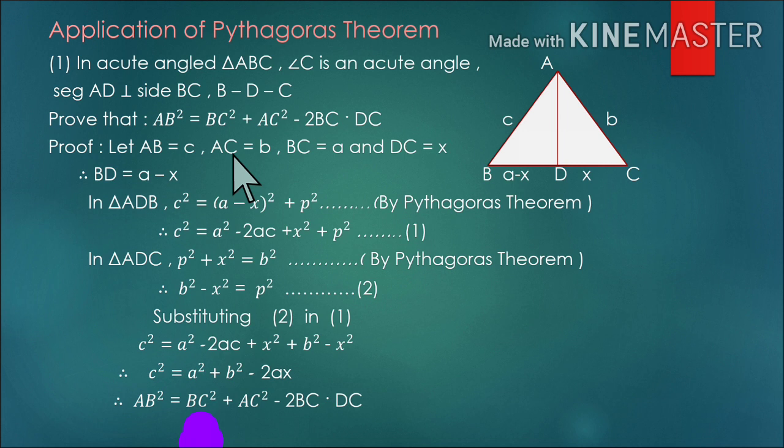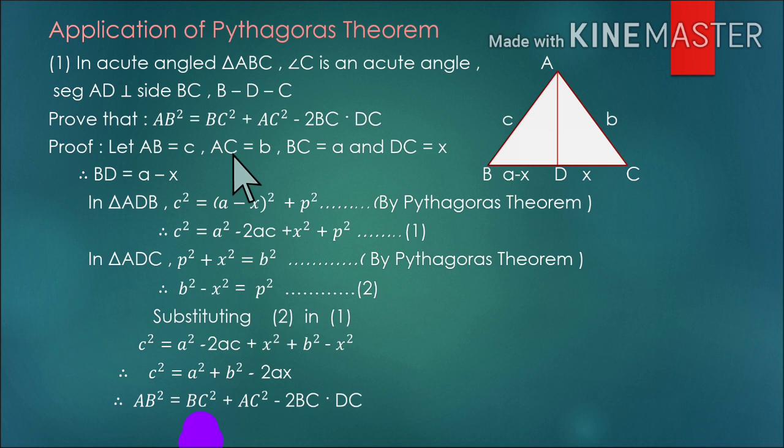Now, in a triangle, the relation between the side opposite to the acute angle and the remaining two sides is what we are going to study in the application of Pythagoras theorem. This is for acute angle, and for obtuse angle, the relation of the side opposite to the obtuse angle and the remaining two sides can be determined with the help of Pythagoras theorem. Study this relation from the following example.